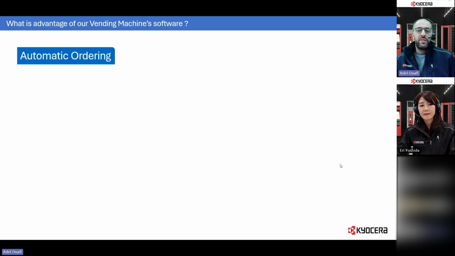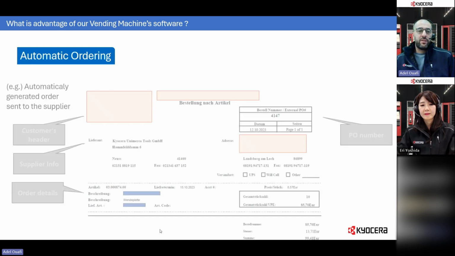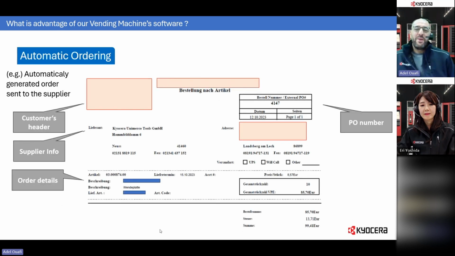And you see, sorry, no, it's here. The PO is sent to the user and supplier at the same time. So we have all the important information. That sheet could be used as an official purchase order for the customer, because we can customize the logo on the header. You will have also the correct discount for each ordered item,